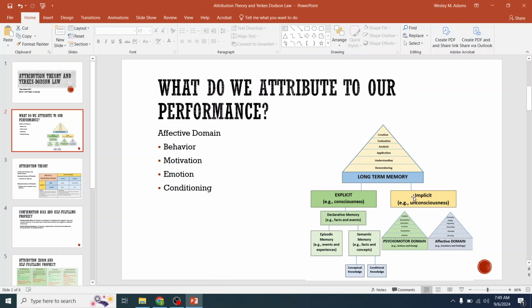And then I really like his definition of implicit because he breaks up the procedural, the psychomotor, and that would be your muscle memory, your skill-based activities, anything that is process-oriented, that is more unconscious, like riding a bicycle or lifting weights and having the proper technique. That is on the psychomotor side. So he really defines it way better.